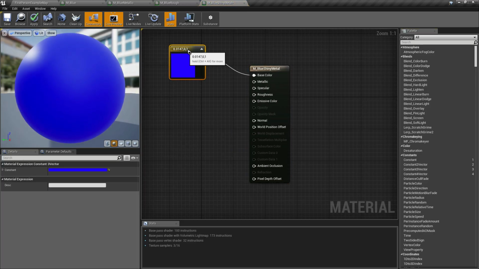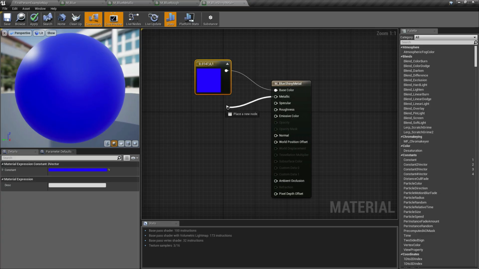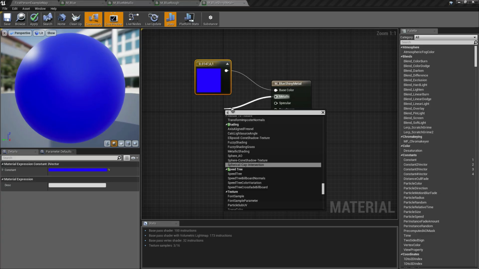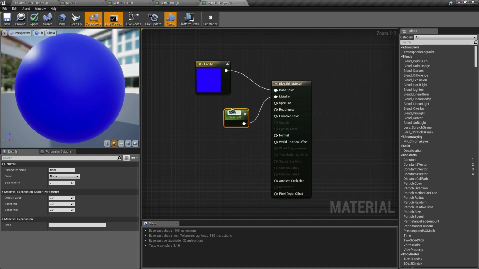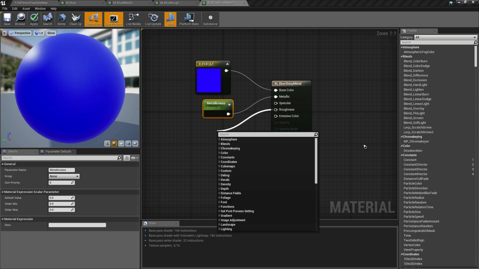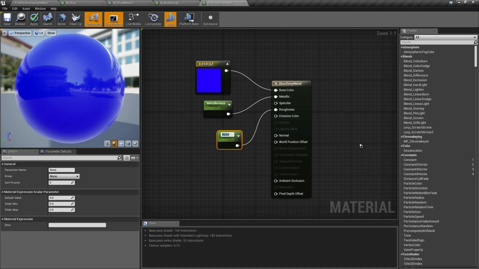Now we're going to connect the metallic into the scalar parameter. Then let's name this parameter the same as in the metallic blue: Metallicness. And then let's also create a scalar node for roughness. Let's name this smoothness.